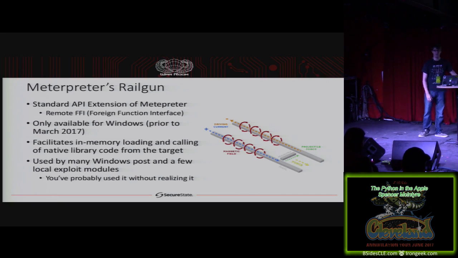Over there on the far right is how an actual real Railgun works, but I couldn't find anyone that had made an image of how the software version works. So I'm going to go ahead and explain that. Like I had mentioned, it's a foreign function interface similar to ctypes, but it allows it to be done